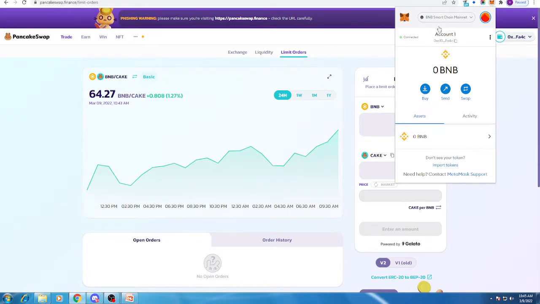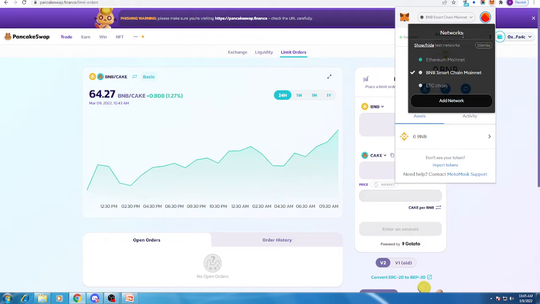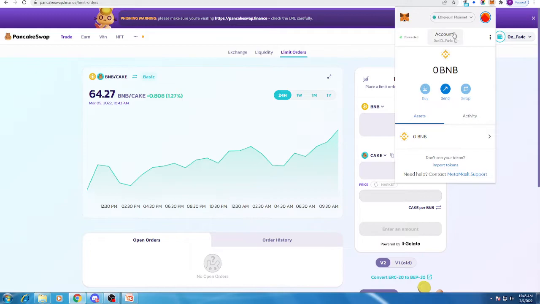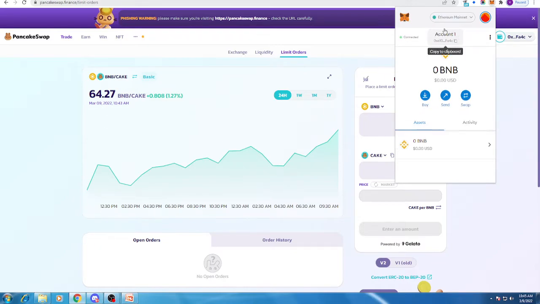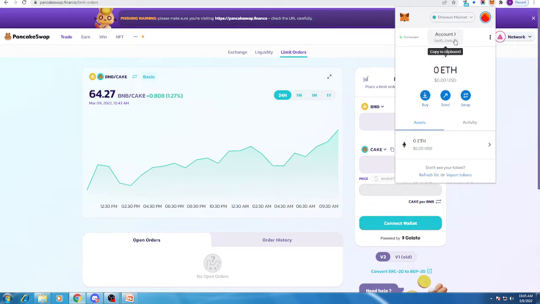Okay guys, this is my wallet. You can see I opened the MetaMask wallet. Here you can see this is the address, guys. Keep in mind, this address is the same for all blockchains. So if you send funds to this address, I click this and I go to